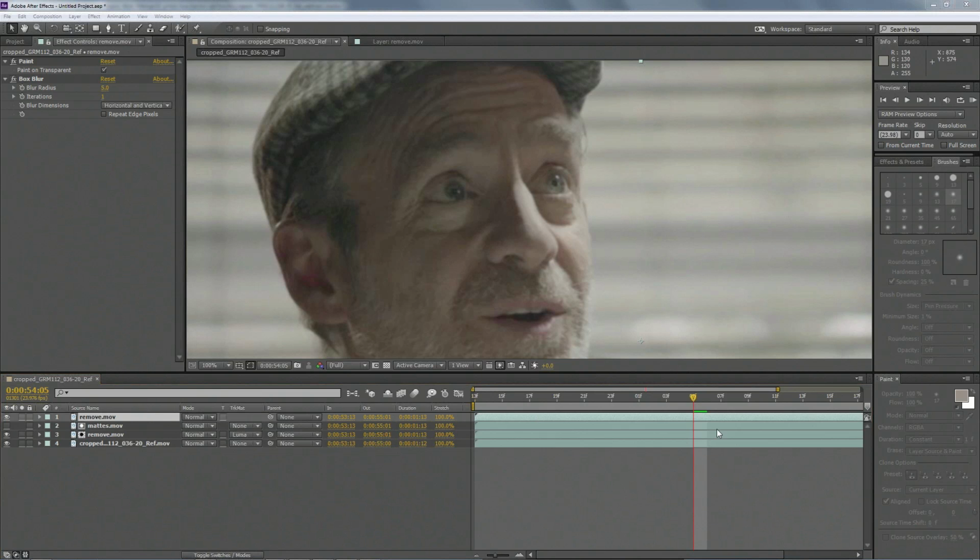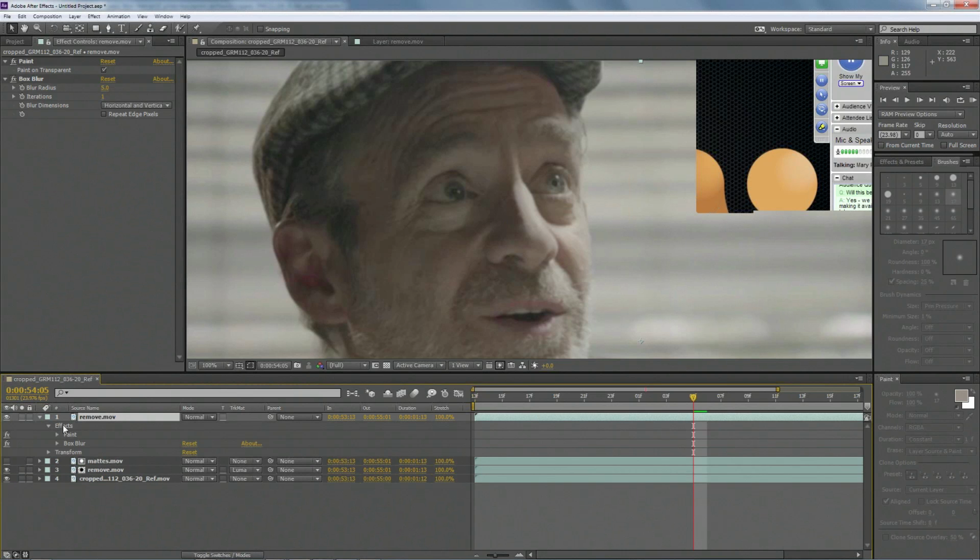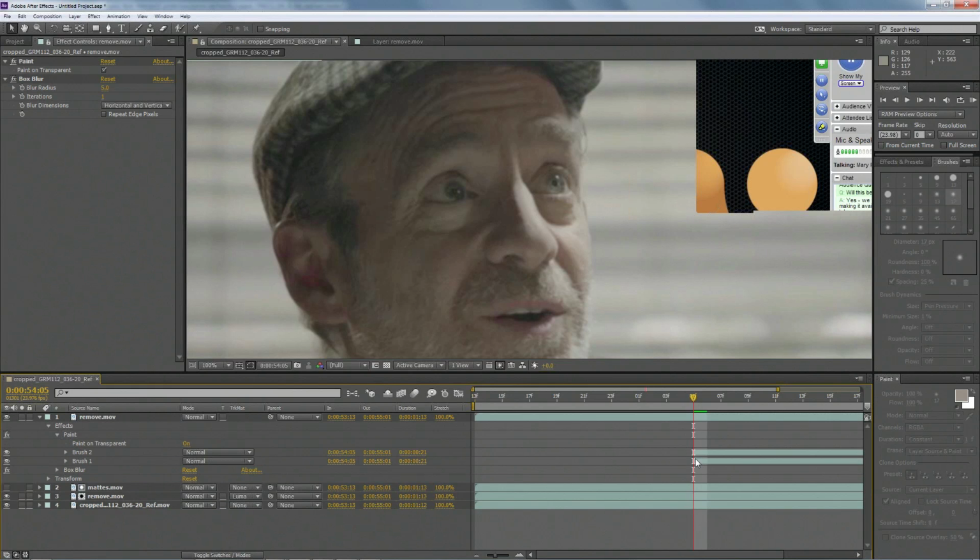Now what we're going to do is start doing some pretty simple stuff. We're going to come in here and go back to Mocha. We're going to grab the nose tracking data and use that to drive this paint effect. So you can see our effects here under our paint. Okay, and you can see that these begin at the middle of our shot and that they continue on. We're actually going to drag these backwards so that they're there for the whole shot,